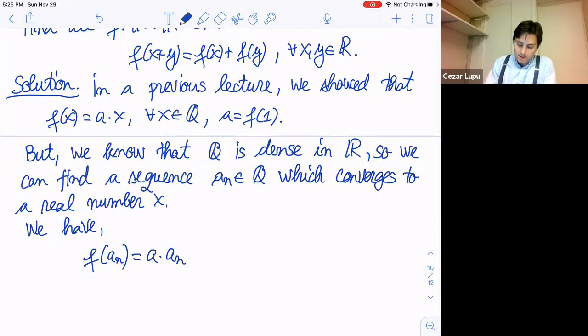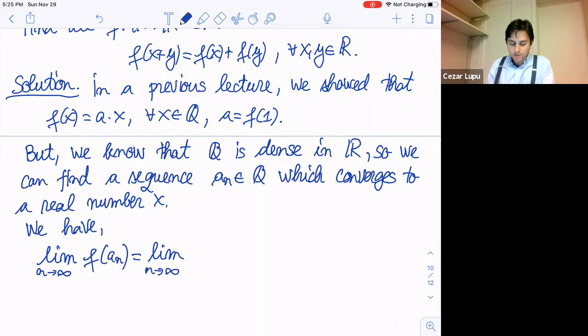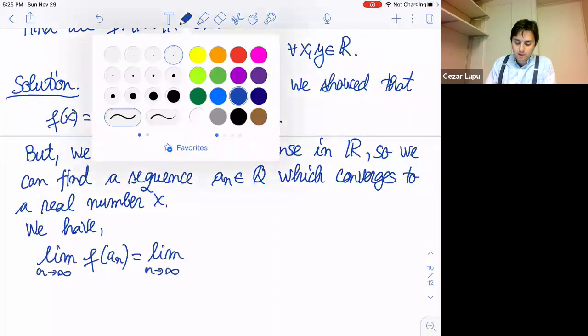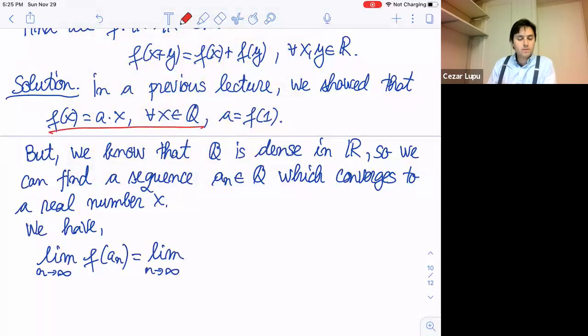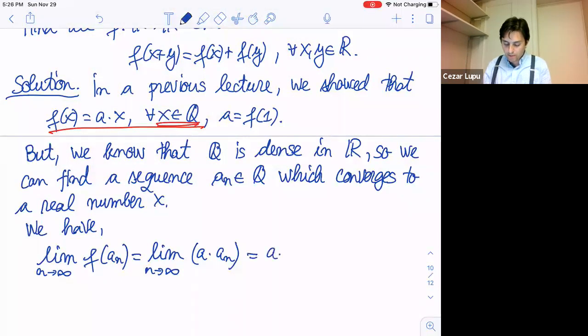So the limit as n approaches infinity of f of a_n is the limit as n approaches infinity, since we know that this is a times x for any rational x, of a times a_n, right? But a_n converges to x, so this would be nothing else than a times x